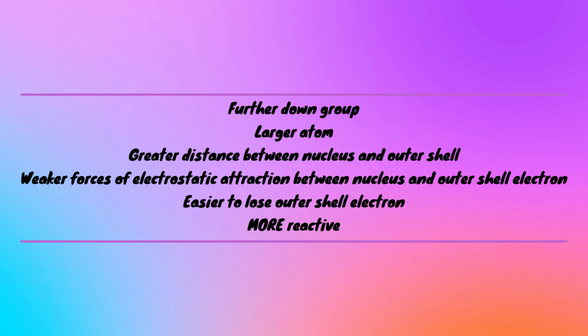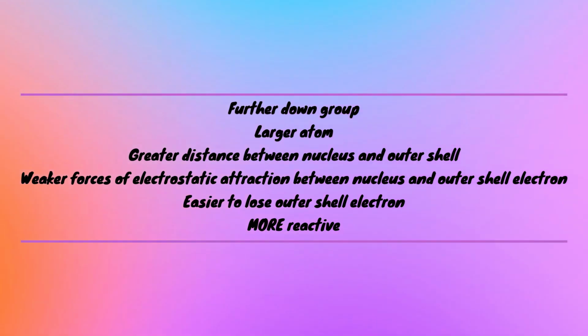So sodium is a much bigger atom than lithium is. It's got more shells because it's got a higher period number. Now this means that the electrostatic forces of attraction between the nucleus and the outer shell electron get weaker because of the distance. If we think about it as like a radius, the radius between the nucleus and the outer shell